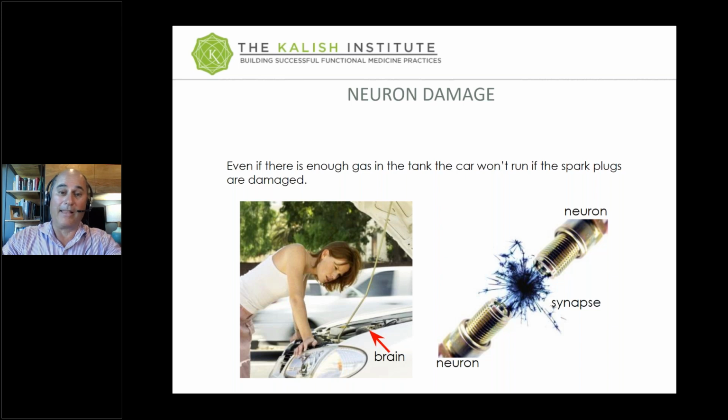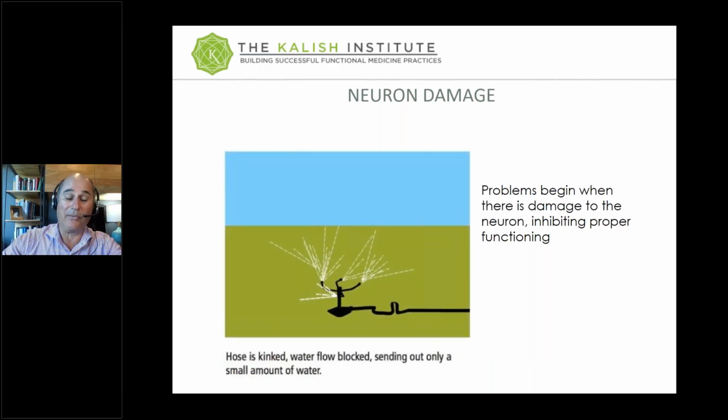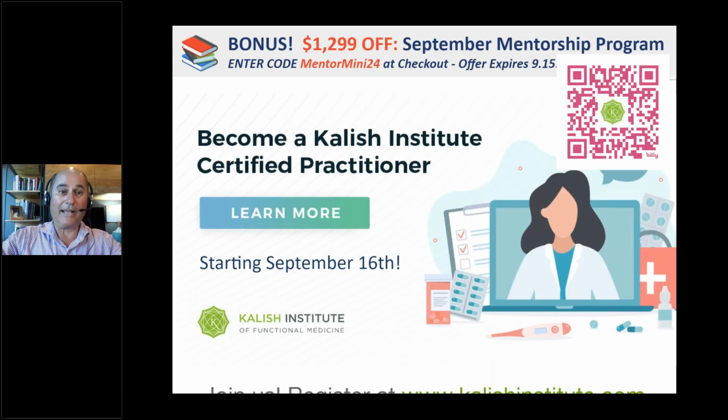Okay? And this is kind of an example if you're thinking about there could be enough gas in the tank, you could have enough tyrosine in the system or even enough dopamine in the system, but if the engine's not running right, you've got a deeper problem there. Or another example I use with patients sometimes is if you have a garden hose and it gets a kink in it or you step on it, then the flow is not working well. So there's many reasons why damaged neurons are going to interfere with neurotransmission even when the amino acid levels are normal. Okay, so let's take a look at some labs and try to make some sense of this.